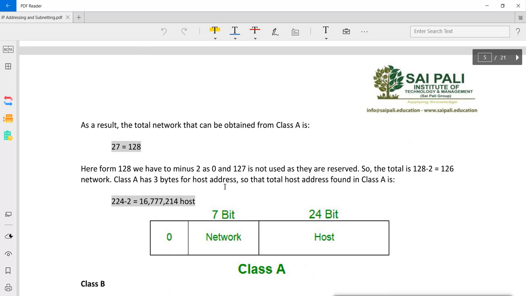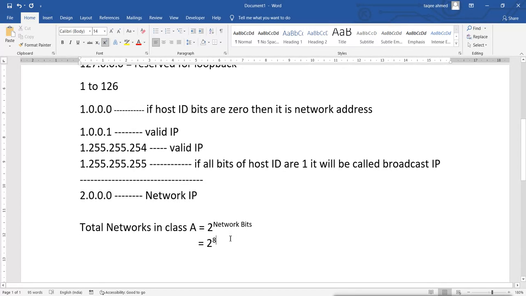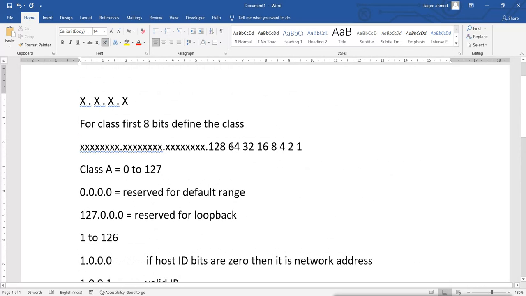As a result, the total networks that can be obtained in class A is 128. So why 128? Because we have to leave the first bit. And why are we leaving that first bit? As I said here,